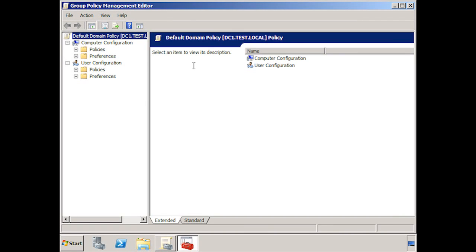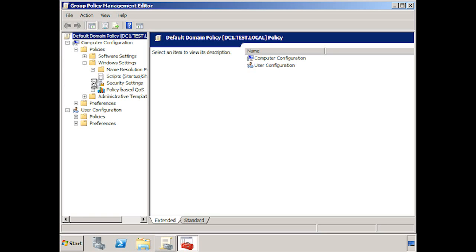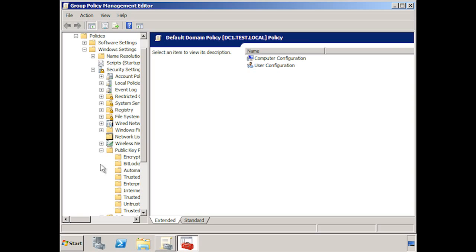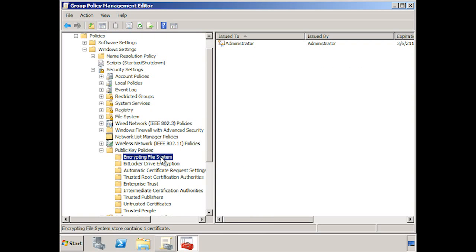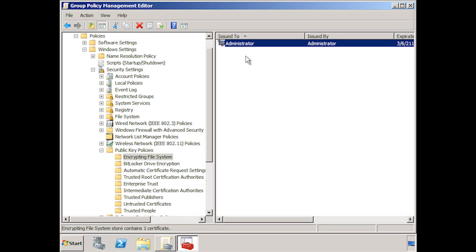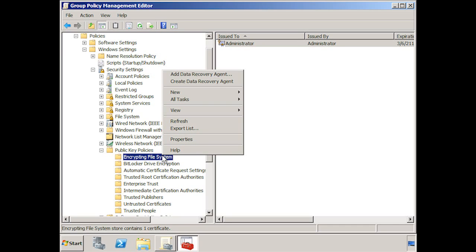The settings for EFS are under Computer Settings, Policies, Windows Settings, Security Settings, and finally, Public Key Policies. You will see here the folder Encrypting File System. You will also notice that a data recovery agent has already been created for the administrator account. If you want to add an additional data recovery agent, right-click on Encrypting File System and select the option Add